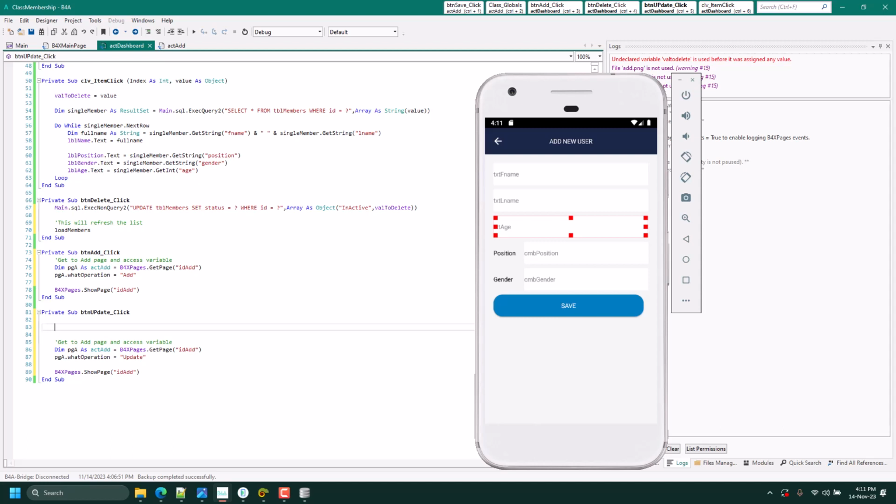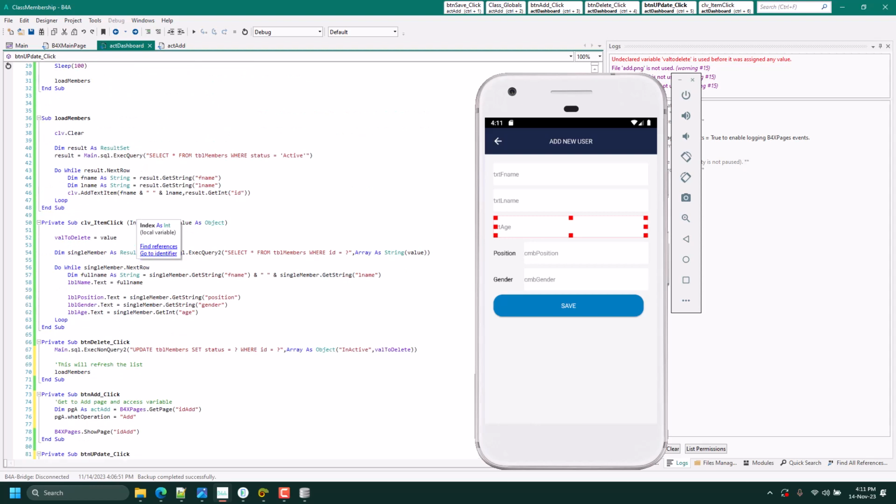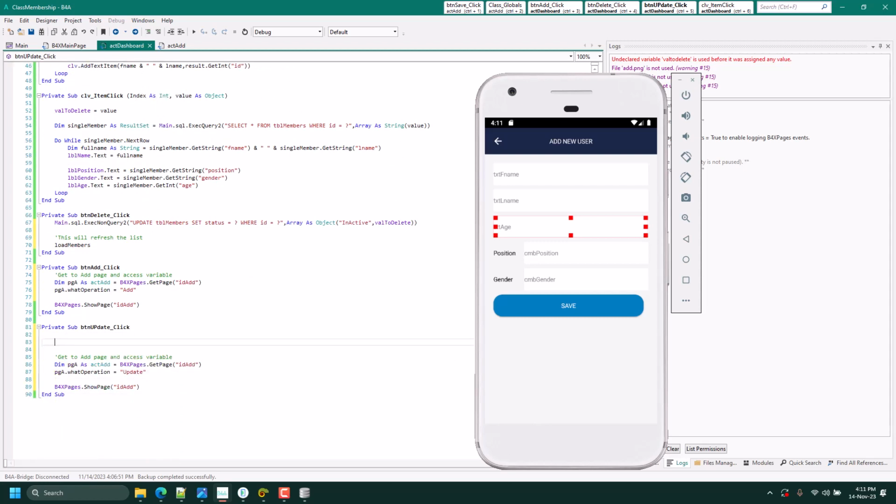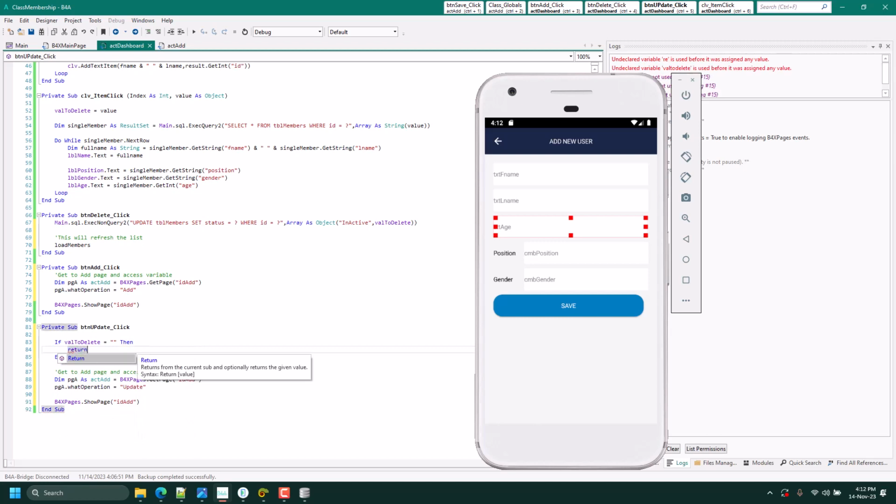the label. We can check this value to delete. Yes, if value to delete is empty, so let's say it's equal to nothing, then return.